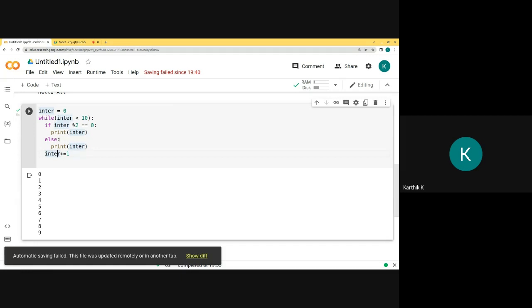Now you can see that it actually checks whether this condition is true. Then I'm getting the output of even numbers here and odd numbers here, and here that loop is incremented. Here only the loop is incremented. Rest of the things are